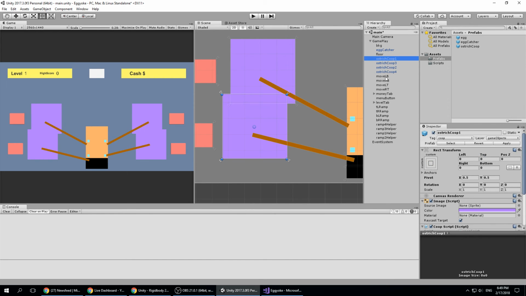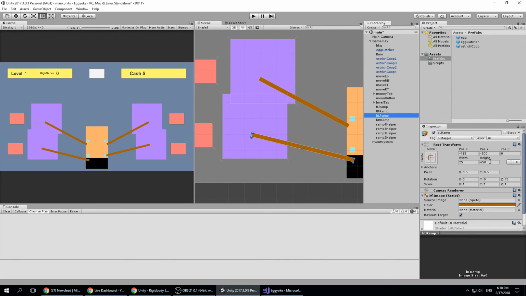That's too much, way too much. And the ramp is actually too long now. So we'll have to make the upper ramp a bit longer and the lower ramp shorter. So let's just go for